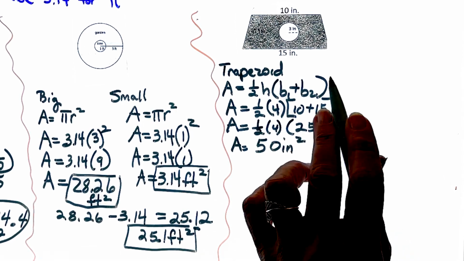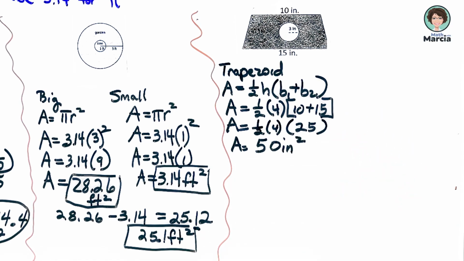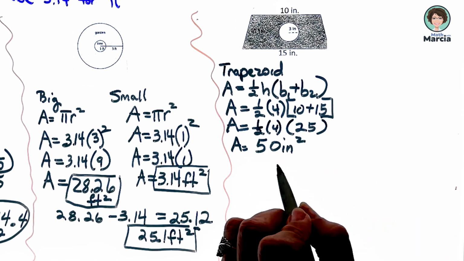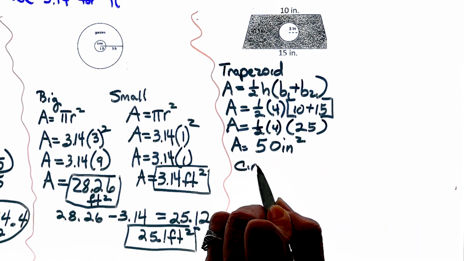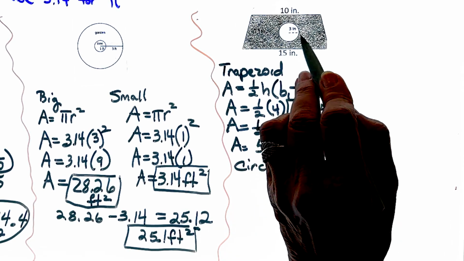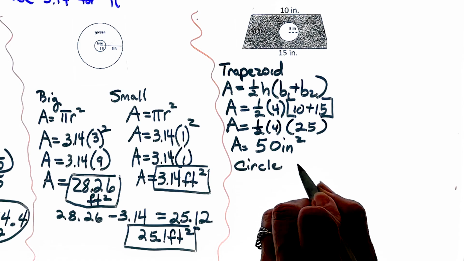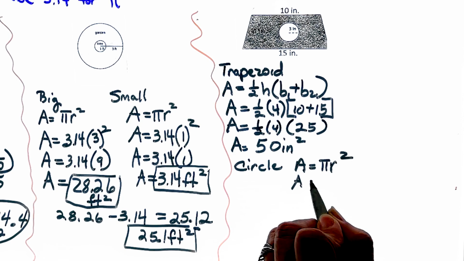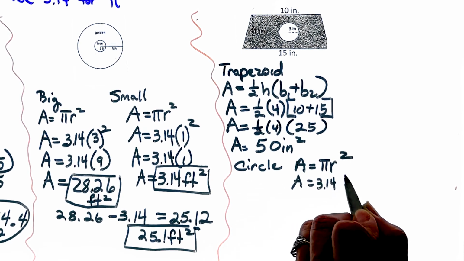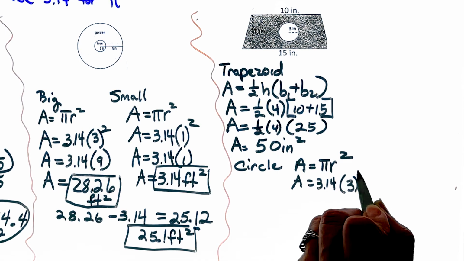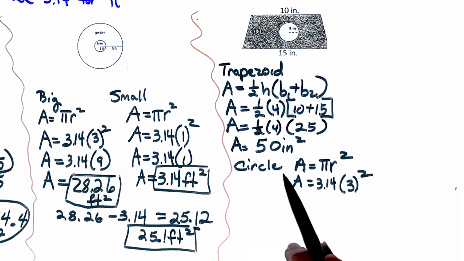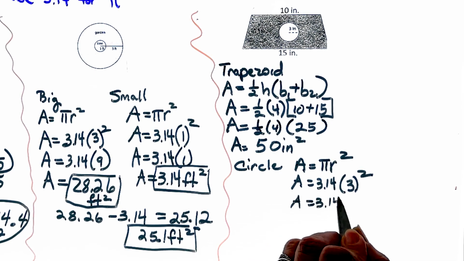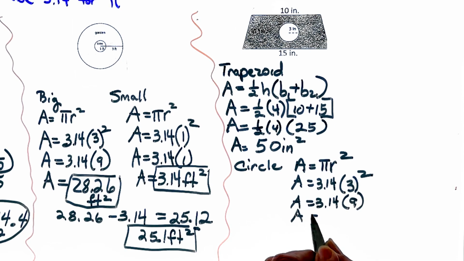So this is just a little picture. It's not big like our backyards and everything that we've been doing. So now let's talk about the area for the circle. And it's small. It has a radius of 3 inches. So area is equal to pi r squared. Again, we're going to use 3.14, and it is 3 squared. Well, this is looking pretty familiar. I see that I actually have it worked out over here, but I'm going to go ahead and complete it. 3.14 times 9, and our area is equal to